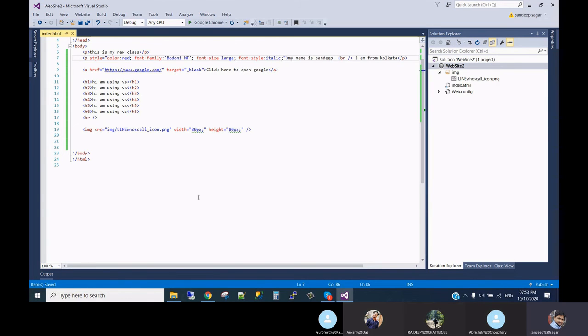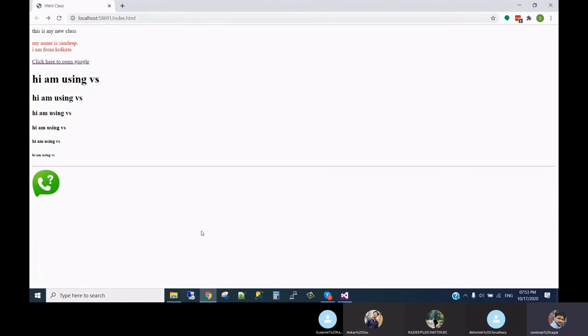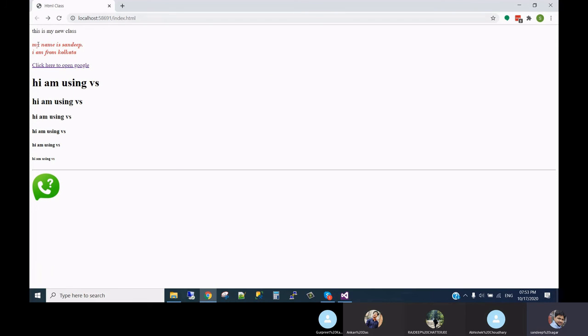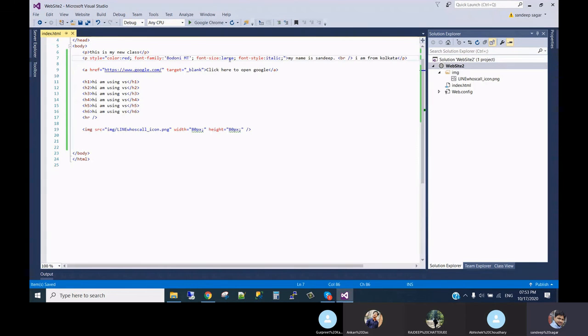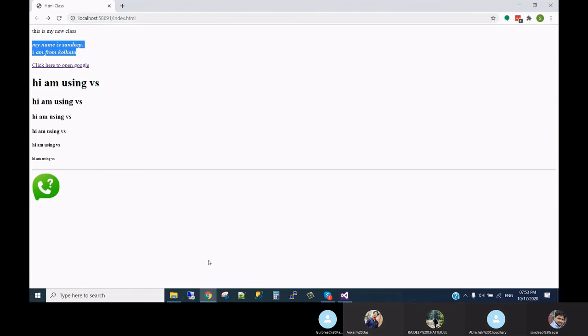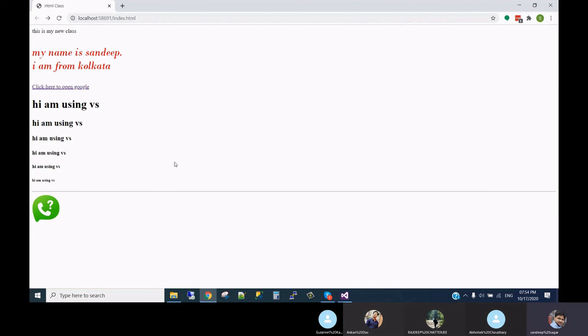If I give this much design and refresh the page, you see italic with a large font. We can make it larger if we want, double X large. It is almost similar to H1, but whatever I need, it is up to me, whatever size I give.